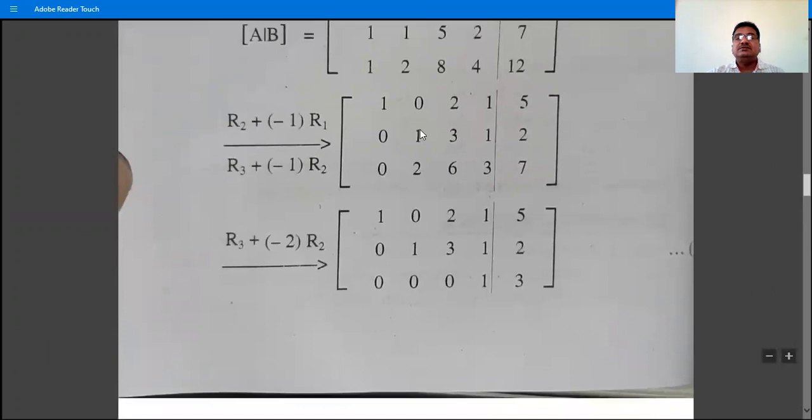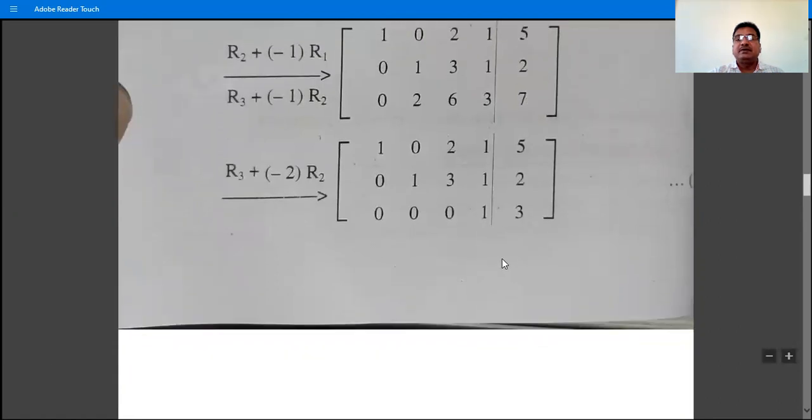Then we have to reduce this element to 1. It is already 1, so reduce this 2 to 0. The operation is R3 minus 2 R2, or R3 plus in bracket minus 2 R2. So we have 0 at this place. While multiplying by minus 2, we have minus 6 plus 6, 0 at this place, and minus 2 plus 3 becomes 1, and then 0, 3, because minus 2 into plus 2 is minus 4, plus 7 becomes 3. And this is,